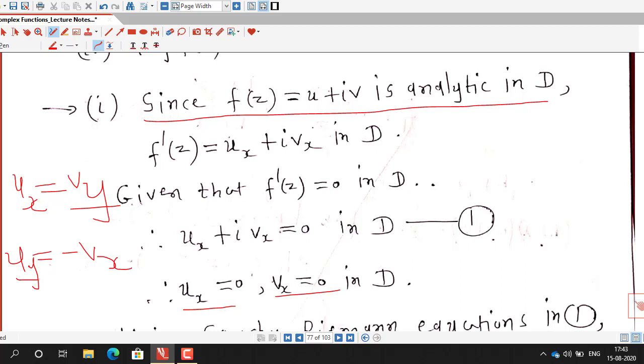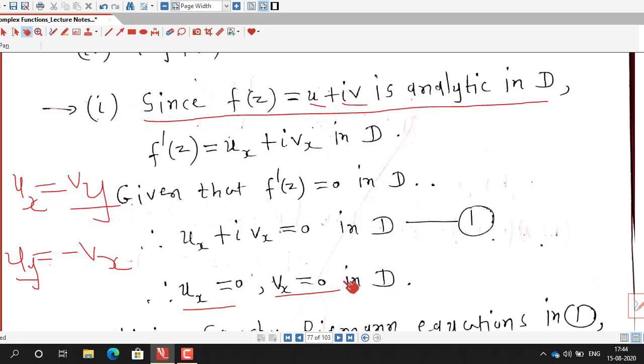So all the partial derivatives of u and v will become constant, and if partial derivatives become constant, u and v also become constant, and if u and v are constant, f of z is constant. Now if we don't want to go in this way, then what we do, ux is 0 and vx is 0, so we can put ux and vx. No, but that will not help here. So we go in this way, del u by del x and del v by del x equal to 0